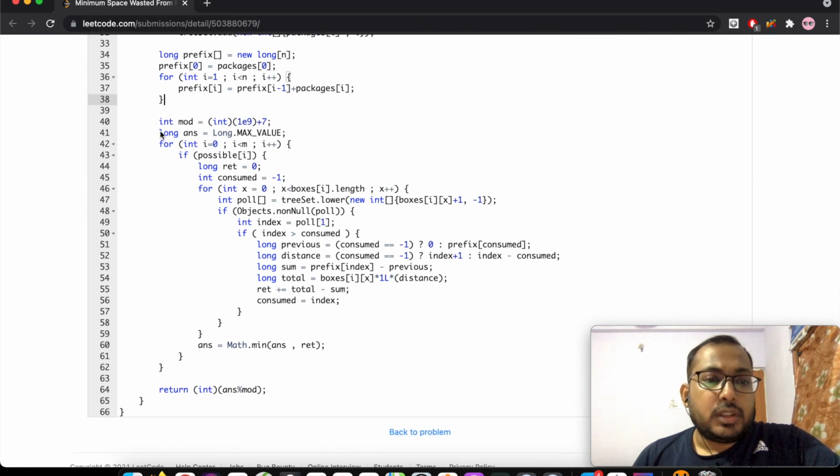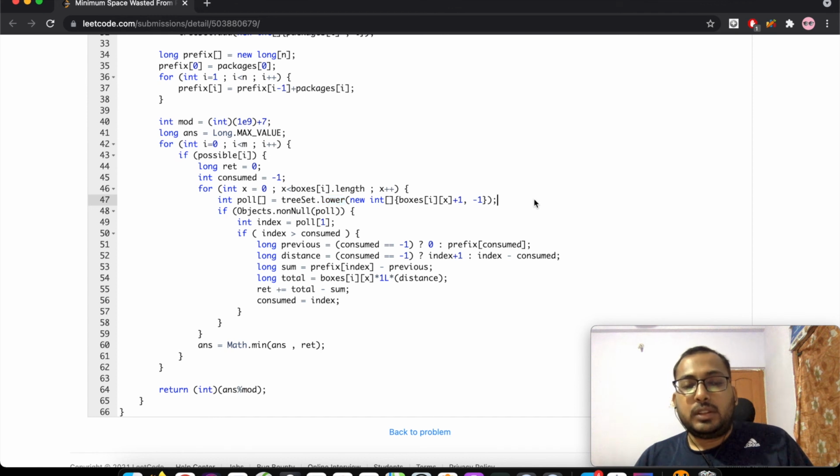Next, I initialize the answer with a very large value, and then I iterate over each of the suppliers. If a solution is possible, I check for each of the boxes the lower bound in my set, that is, the index in the packages array till which it can take packages.